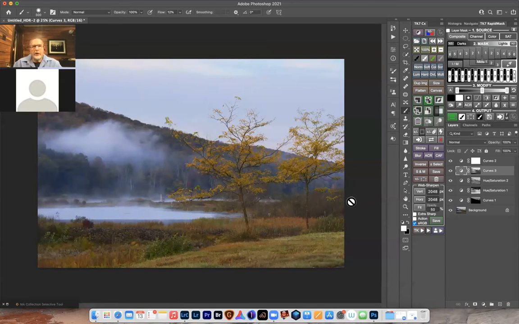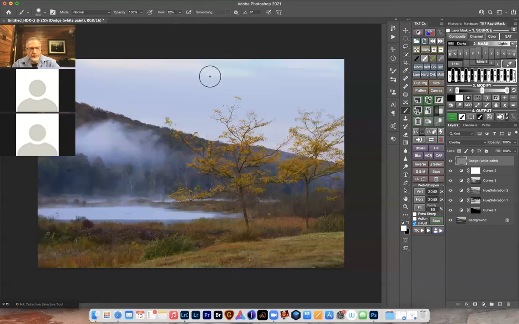So this is about the time that I start to think about, do I want to do any dodging and burning? So this is the dodge, this is the burn, this is the dodge tool. It automatically selects your brush and turns it to white. And so what I'm going to do is just reduce my opacity here. So I'm going to take my flow to like 1. I'm going to take my